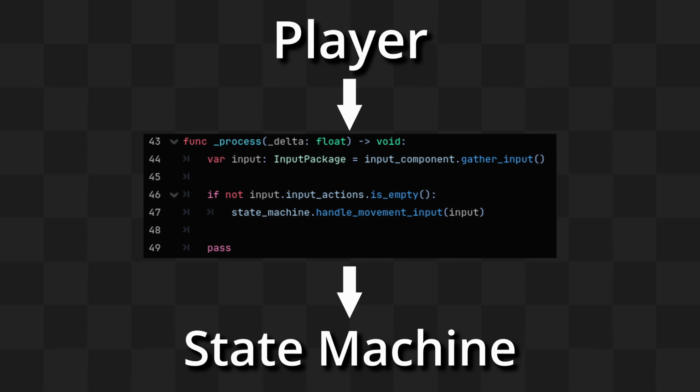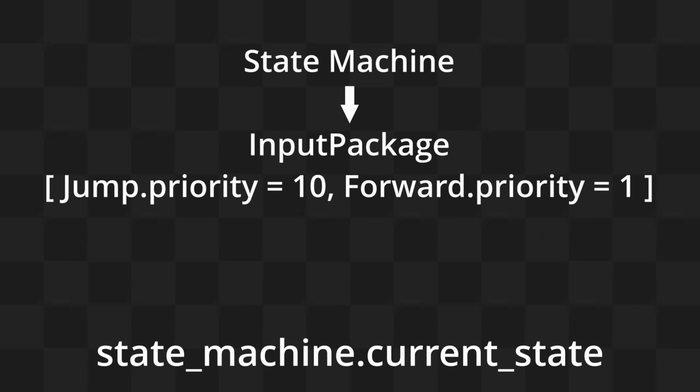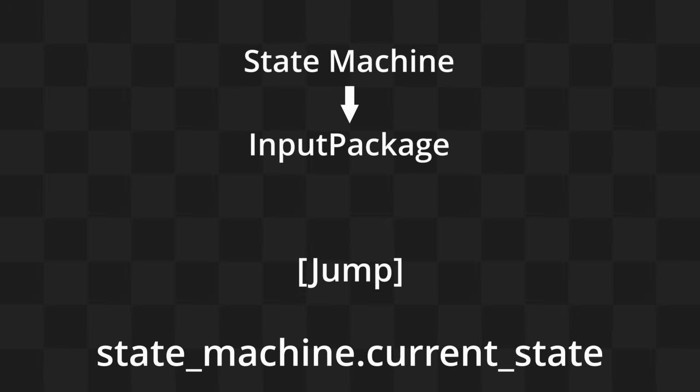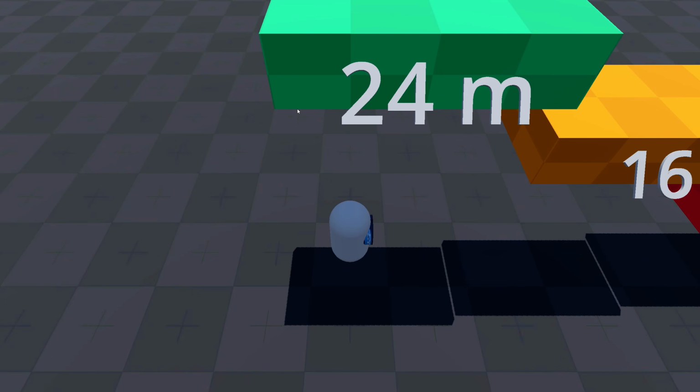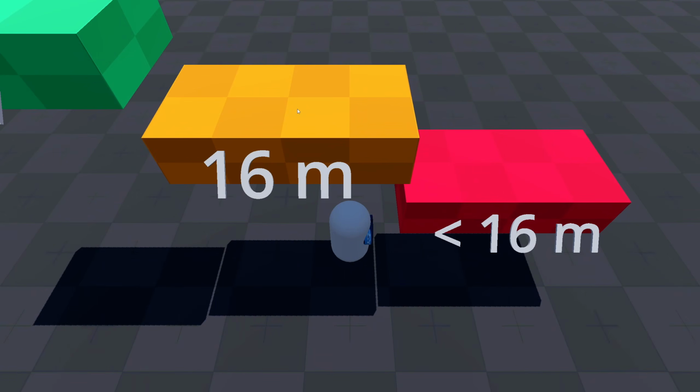Once our player sends that input package to our state machine, it's going to look at both of those action requests. It will see that jump has a higher priority than move forward, and then it'll send the jump input to our current state. Now you may be thinking this is a bit overkill just to have the player move and to jump,